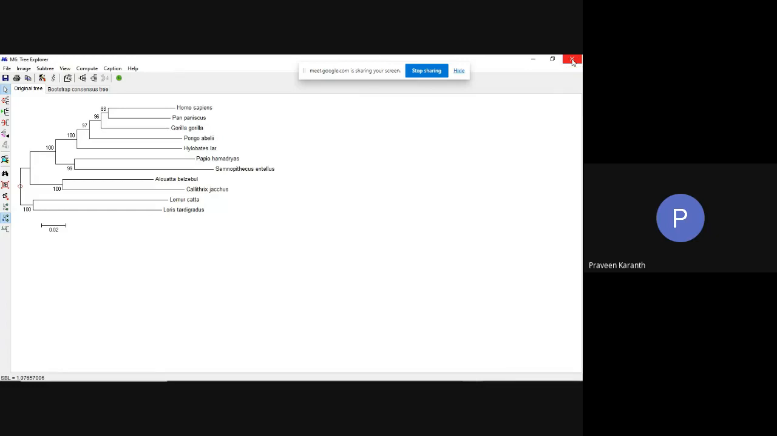I just wanted to add that rooting is extremely important, and all the programs would spit out a tree. You have to make sure that it has been rooted properly. So what Mega did here was it did midpoint rooting when it first gave you the tree. Now, when you look at it, you realize, oh, wait a minute, the outgroup is Loris and lemurs, the prosimians. These are the most so-called